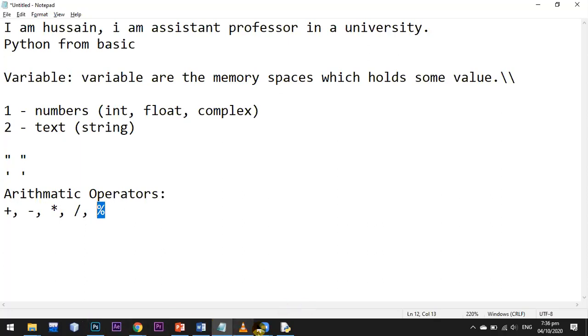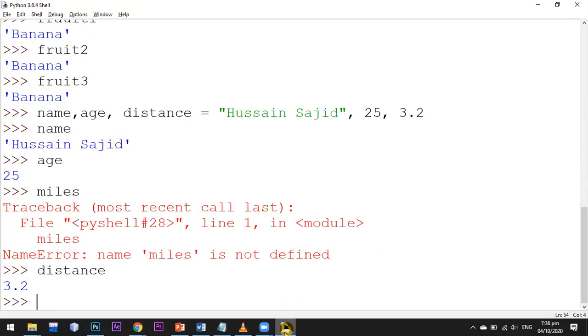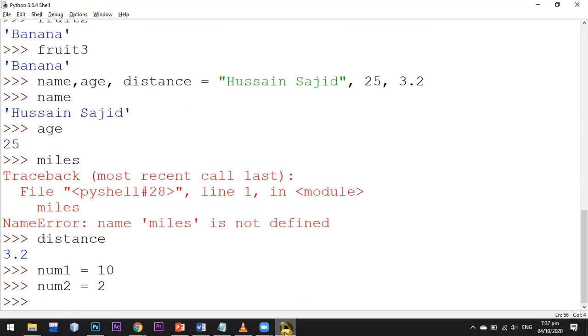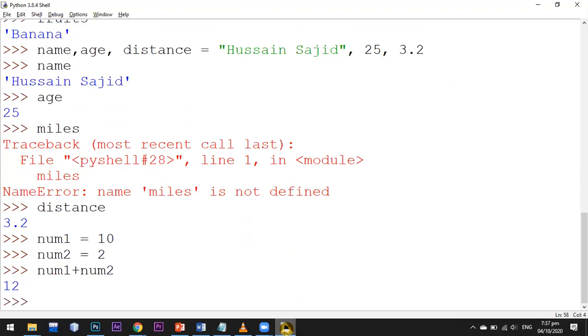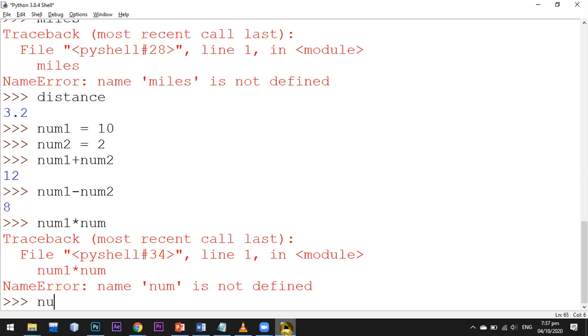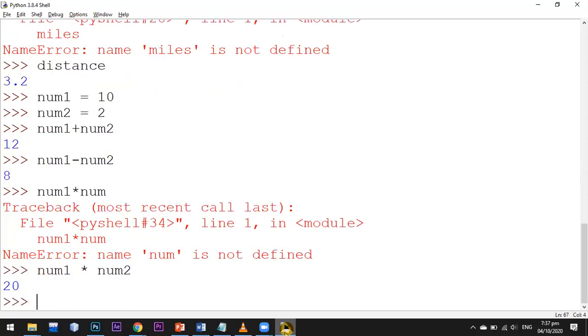Okay, so let's practice them. You can see if I have num1 is equal to 10, num2 is equal to 2. I want to add these two numbers, so num1 plus num2 will be 12. Num1 minus num2 will be 8. Num1 multiplied by num2 is 20.